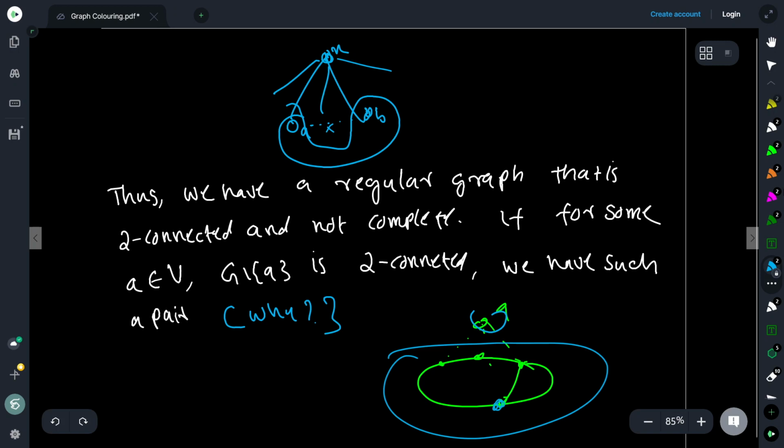So if there is some vertex which is not adjacent, I can always find a vertex which is at distance exactly 2, because just take a path from A to the non-adjacent vertex, and you have one vertex which comes in between. Right? So you pick such a vertex, and therefore I have my A and B, right? So I remove these two, the graph is still connected, and therefore I can do the previous procedure that we have mentioned.